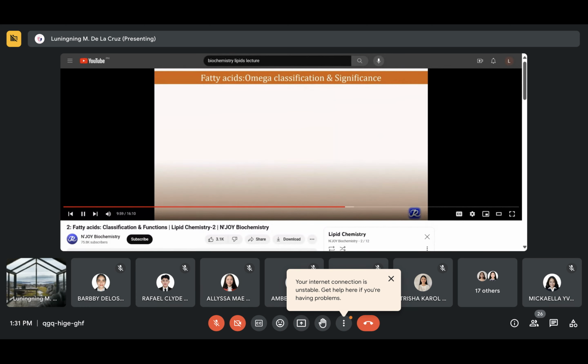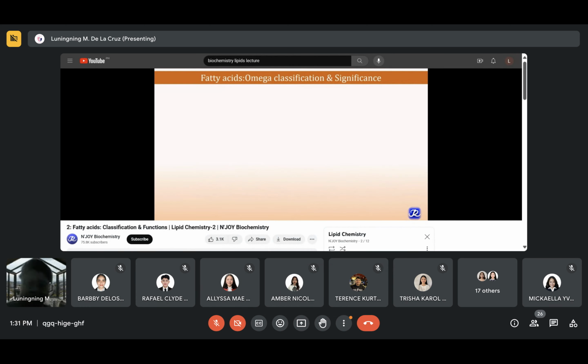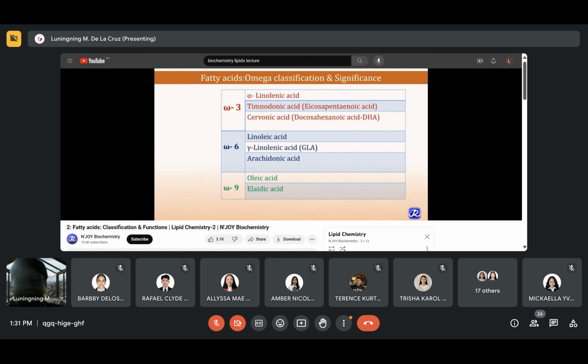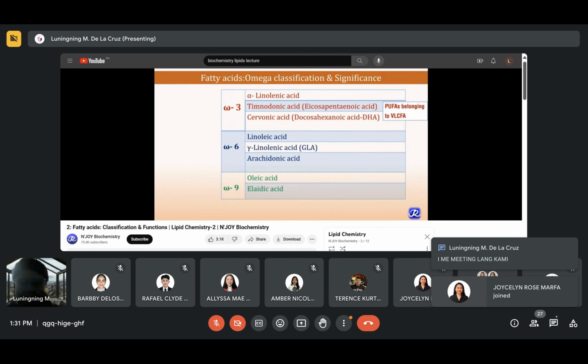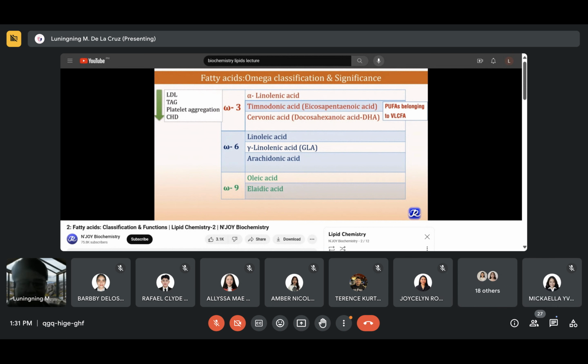Now let's see the omega classification and significance of fatty acids. The examples of omega-3 fatty acids are alpha-linolenic acid, timnodonic acid, that is eicosapentaenoic acid, and cervonic acid, that is docosahexaenoic acid, that is DHA. These are PUFA belonging to very long chain fatty acids, and they decrease the level of LDL cholesterol, which is bad cholesterol, decrease the level of triacylglycerol, they decrease the platelet aggregation, and thus